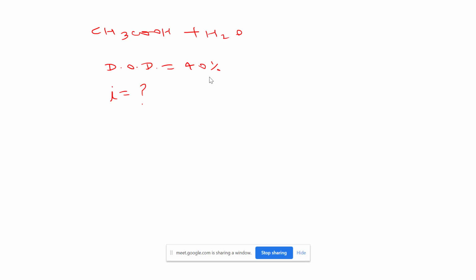So will it be 1.40? Exactly, it is 1.4. How do you proceed? Just ionize it into acetate and H plus ions, then proceed in the same way we have discussed before.